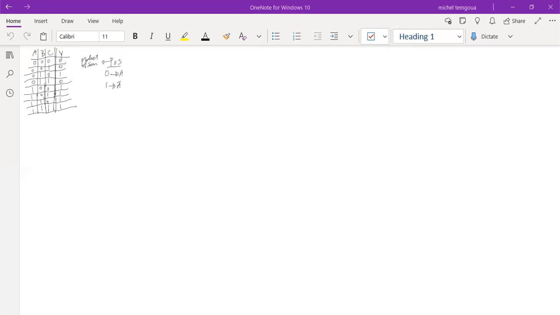And then we also have the SOP, sum of product, where the 0 in this case represents the complement and the 1 represents the actual variable. And now, for this specific table here,